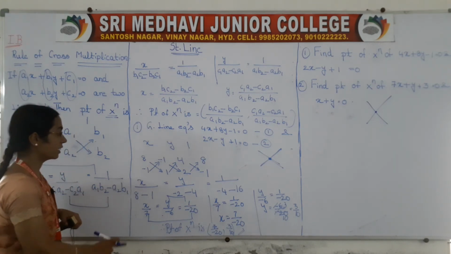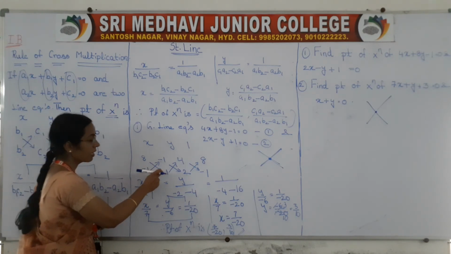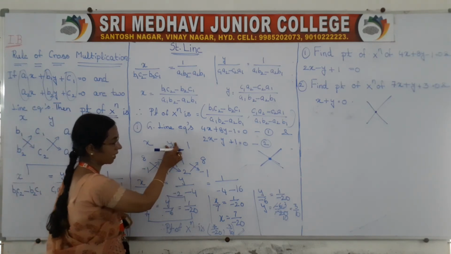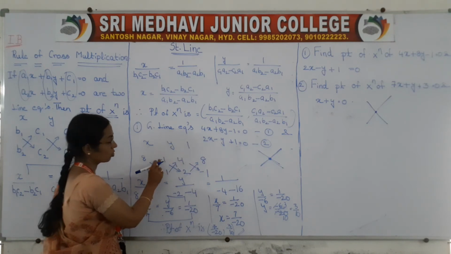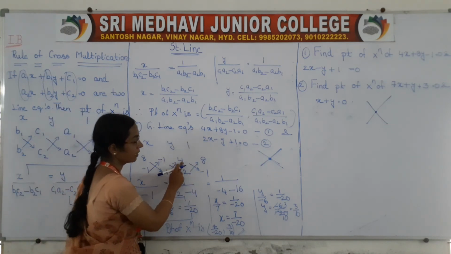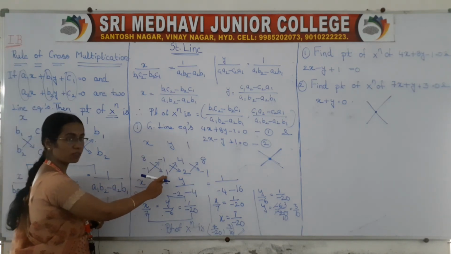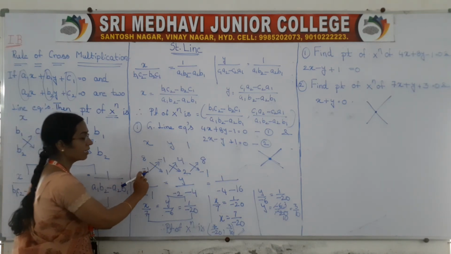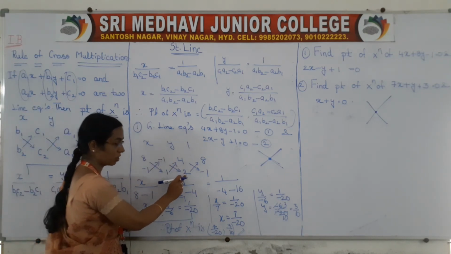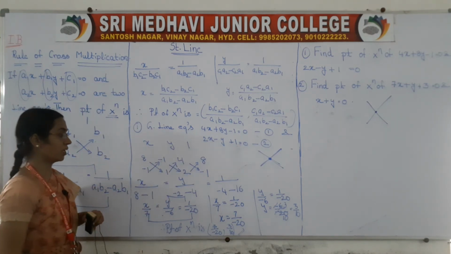After that you write x divided by, how do we find the value? This into this minus this into this is equal to y divided by, right? For y we have these two, this into this minus this into this. Next to 1 by this into this and minus this into this. This value into this value. After that we have to write minus again this value into this value. Similarly, y divided by this value into this value minus this value into this value. Like that we have to find.